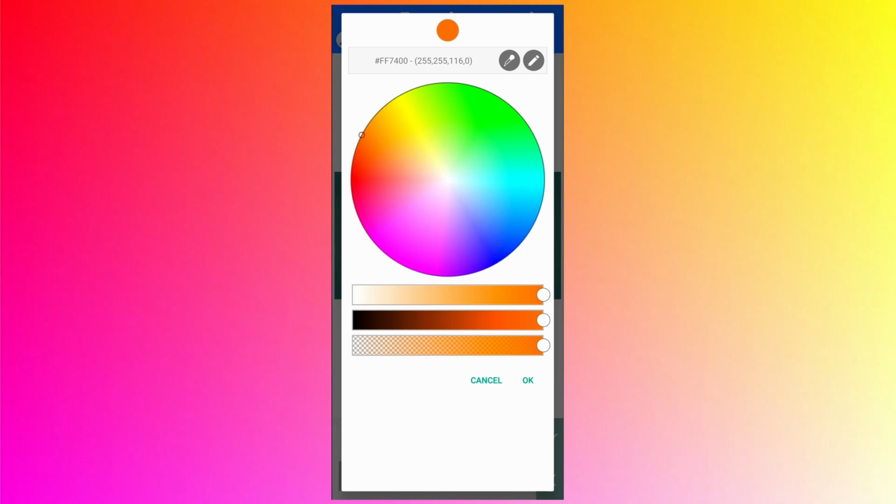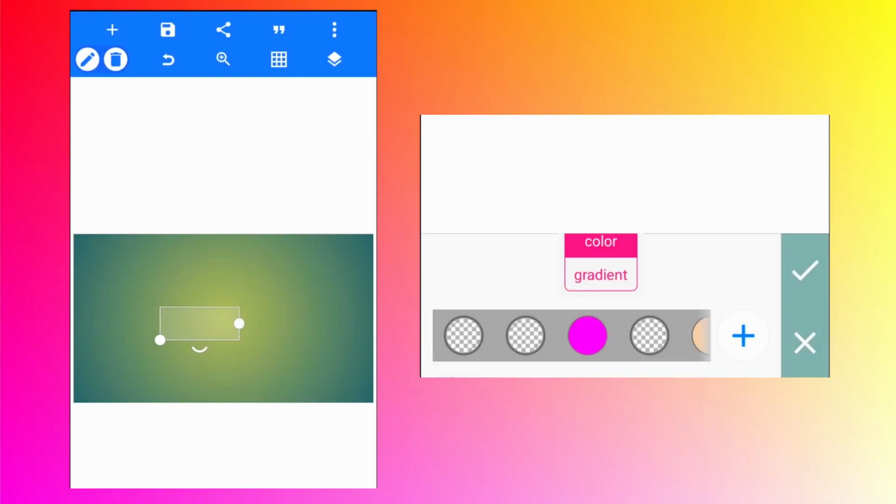If it is on the complete right hand side, then there is no transparency, zero transparency. In the middle it's 50% transparency, and on the left it is 100% transparency. So that is what we want. Now tap on OK because it is completely transparent, and as you can see now the text is invisible. Click OK.